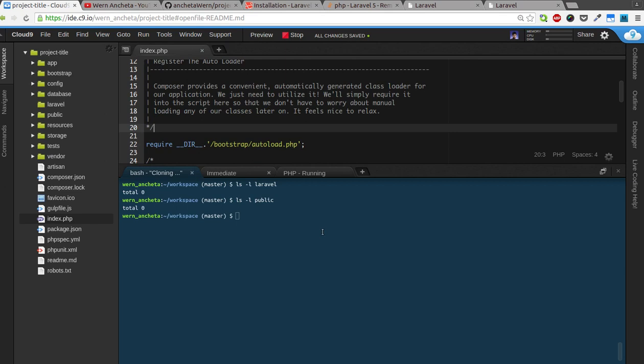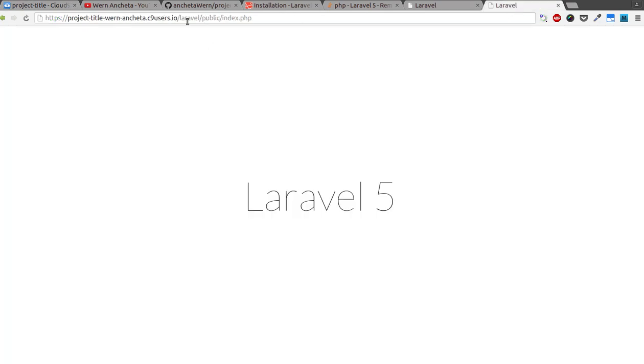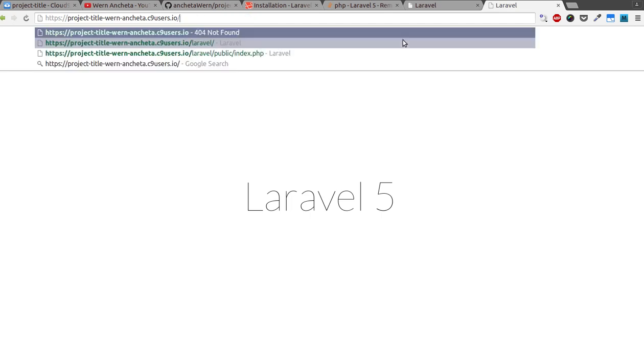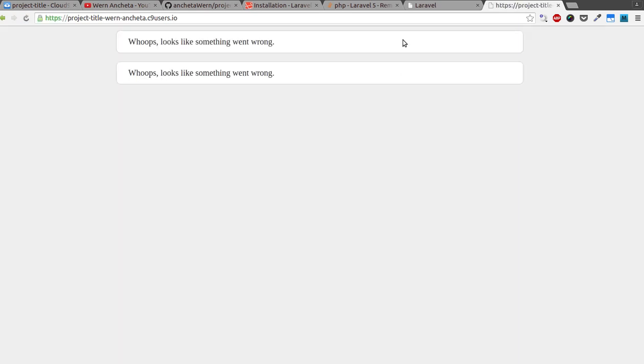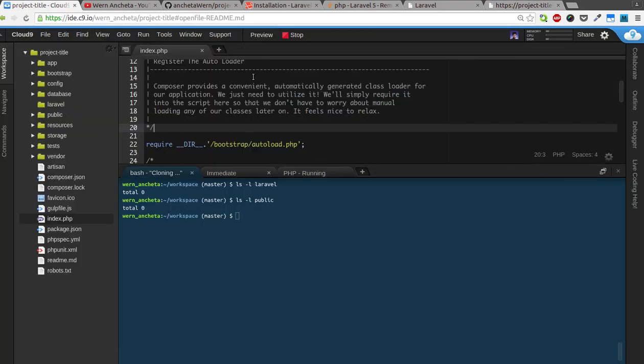Save. And now if we check, we should now be able to remove this, and we should get the same output. Okay, so now something went wrong. Now we need to enable the debugging as well, so we need to